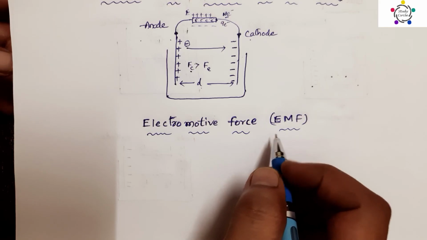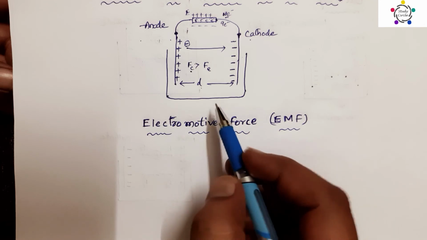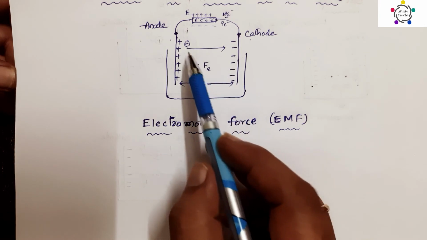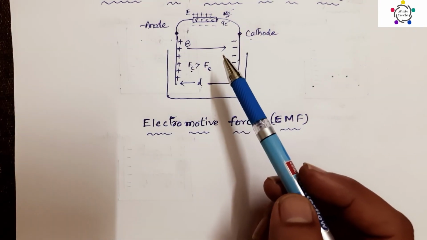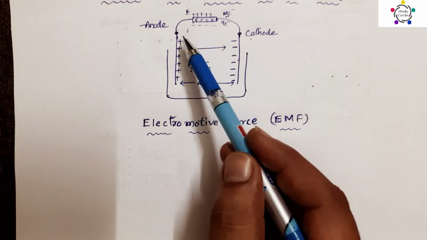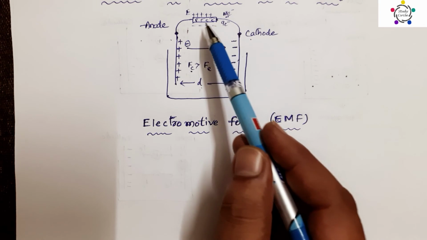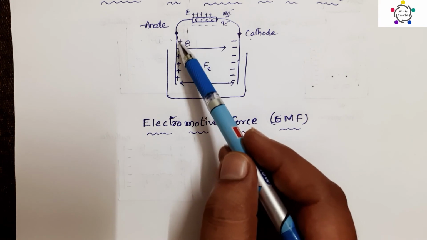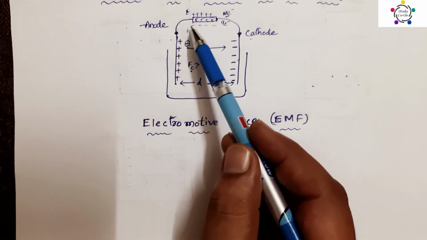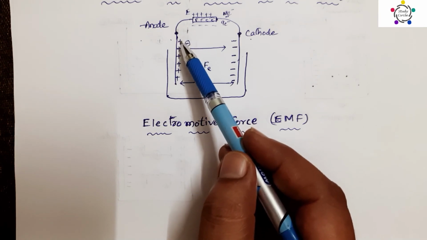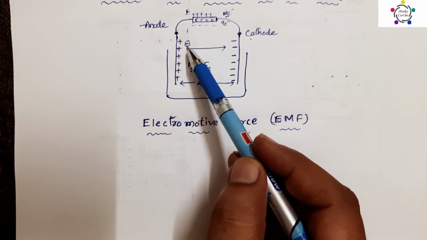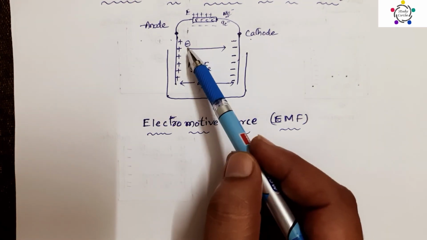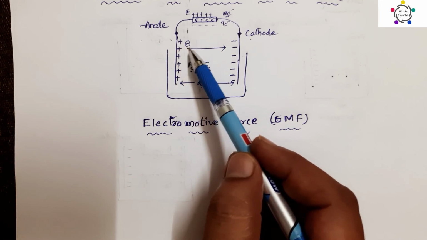What is electromotive force or EMF? Just now we have seen in this diagram the behavior of battery whenever one external conductor is connected to the terminals of the battery. The electric field sets up throughout the length of the conductor. The positive electrode tries to attract one electron from the conductor. The amount of charge on the positive electrode will be reduced. At that time, the chemical force is stronger than the electric force. This chemical force pulls the negative ion from the positive electrode to the negative electrode.